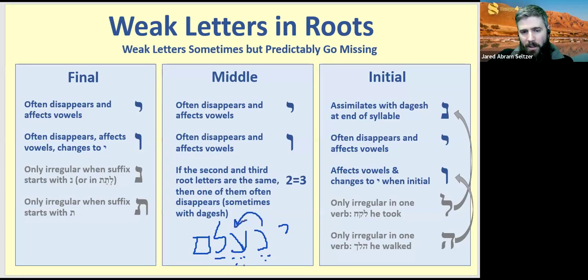The noon can't assimilate into the guttural. I know. It still disappears and it affects the preceding vowel. Instead of yé, it becomes yé. Ye alem. He will disappear. Ye alem. So here you're going to get a missing noon of the nifal anytime you're in the yiktol form with a